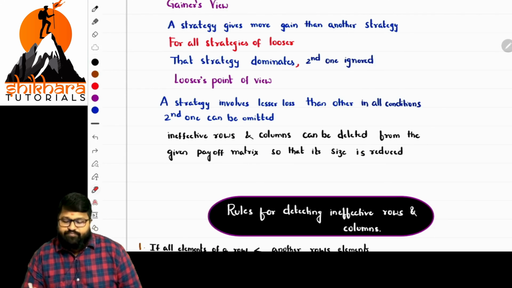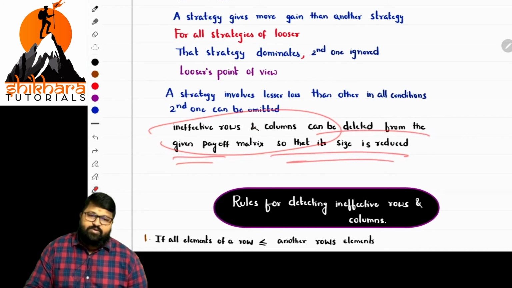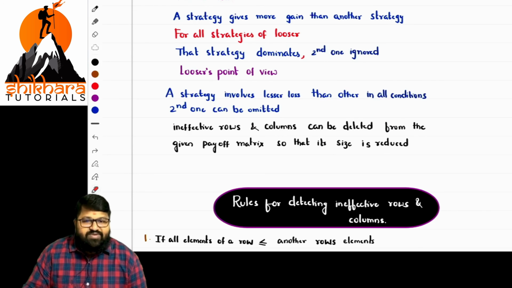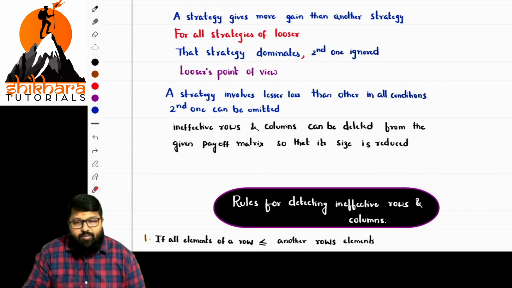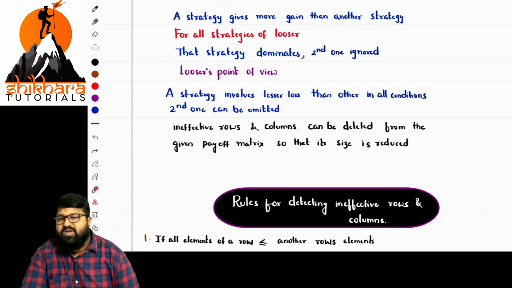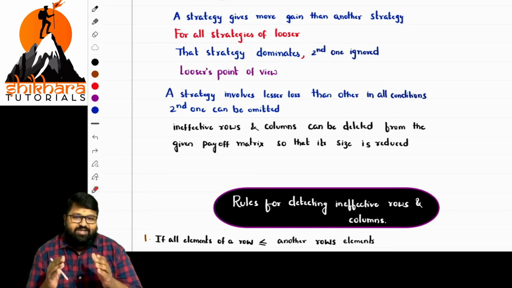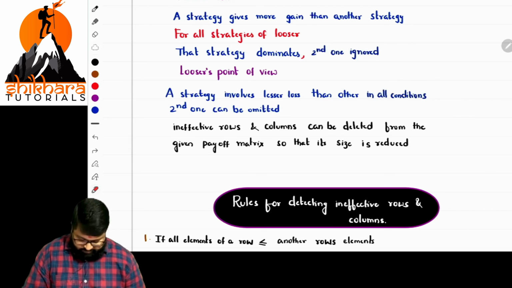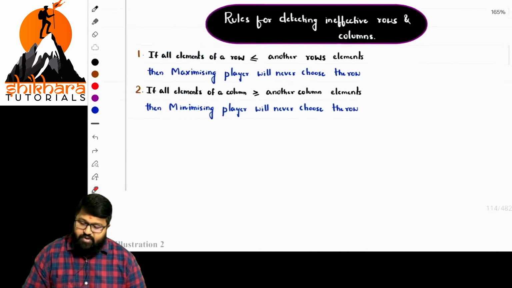The second one will be ineffective. Rows and columns can be deleted from the given payoff matrix so that the size is reduced. Basically, sir, when we apply the dominance rule and the matrix is more than 2 by 2, then we try to bring the matrix into 2 by 2 format and then automatically apply the odds method. That's common. Odds method application is common everywhere, but while you are going with the dominance rule, try to eliminate the unnecessary rows and columns so that you always bring the matrix into a 2 by 2 matrix. If you bring the matrix into 2 by 2, it will be good for you. Most effective one. Okay. Now, what are the rules of dominance?